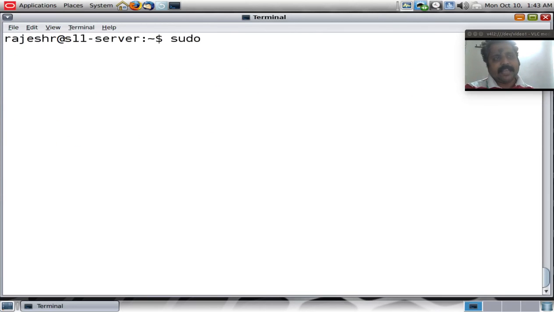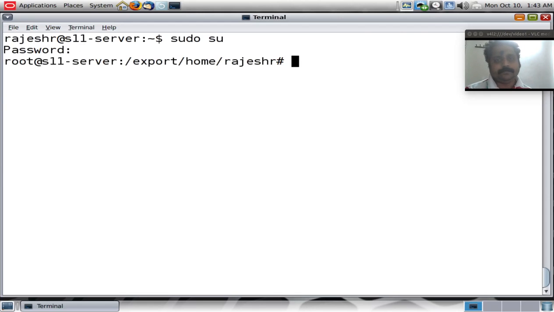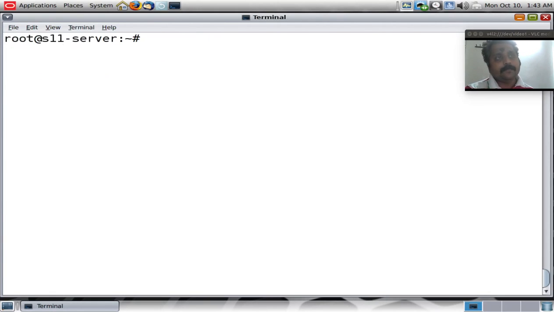Again, for the sake of convenience, let me switch the user to the root account, not a recommended option, because it's always dangerous when you are on the hash prompt all the time. So it's recommended that you stay as a simple user and switch user to the root only when there is a real need for it. But since I'm doing a demonstration and in the interest of time and convenience, I'm always as a root user on this machine.